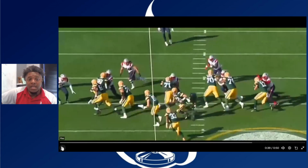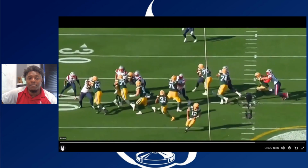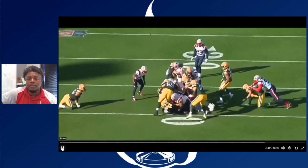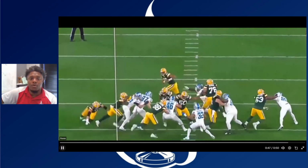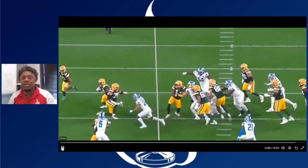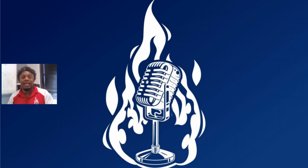Right here. He's pulling. There's a contact, right? He should get through here and make contact with one of these DBs. Nope. And then right here again, we see the contact. He kind of gets blown into the backfield. He doesn't keep his hands on. He loses connectivity with the defensive lineman. Just a few plays that show that even though